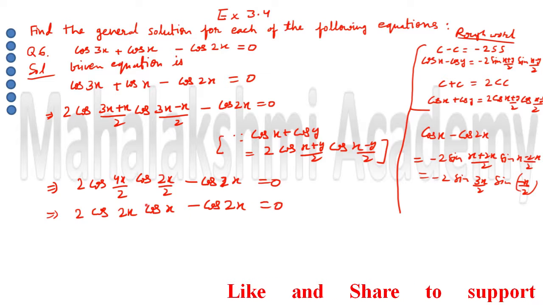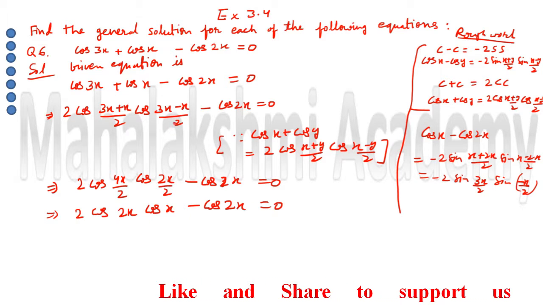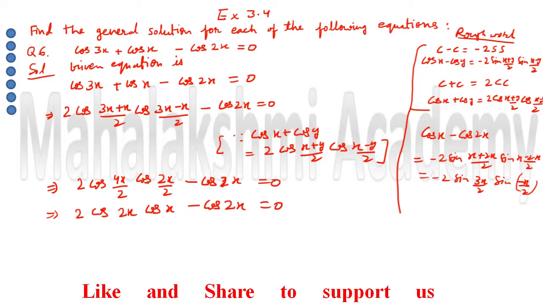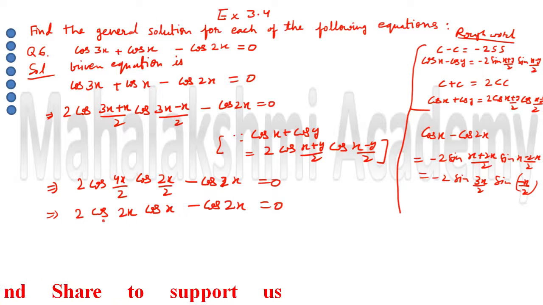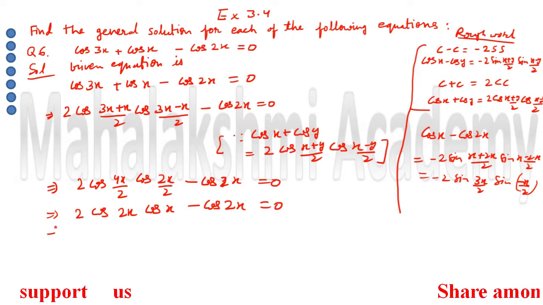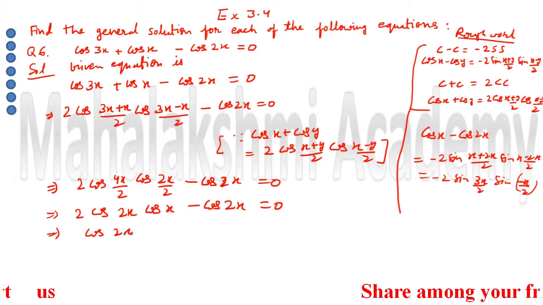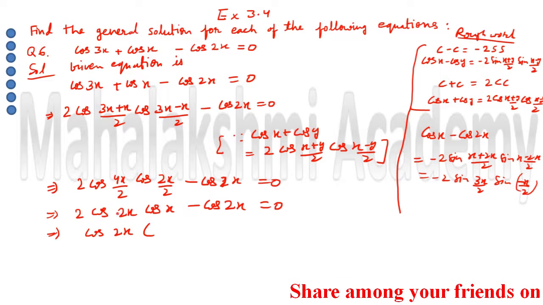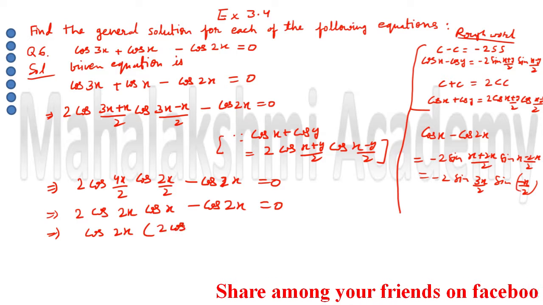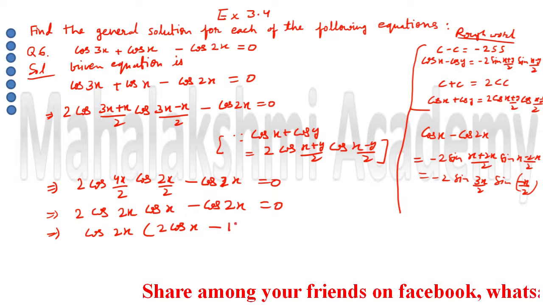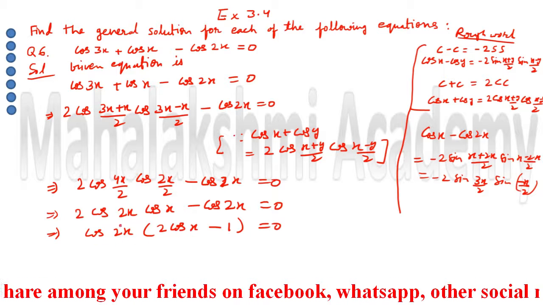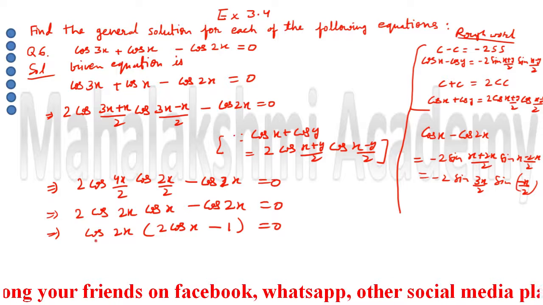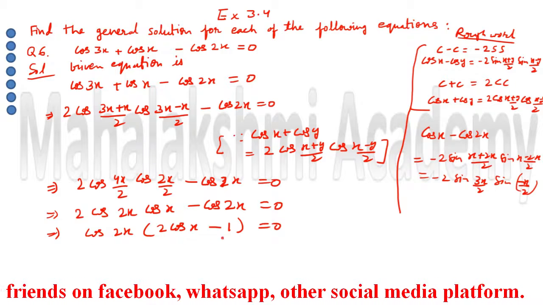So just see, students, first thing, when I used the formula, at both the trigonometric ratios, this 2 I am able to cancel. The second thing, after cancellation I obtain cos 2x so that I can take it common. When I take common cos 2x, here what is going to remain? 2 cos x, and here what is going to remain? 1. So like this I took the common and I converted the given equation into factor form. So first factor is cos 2x, the second factor is this complete bracket.